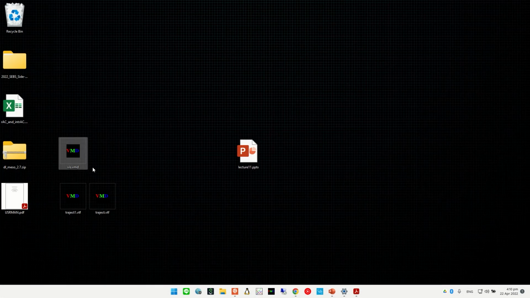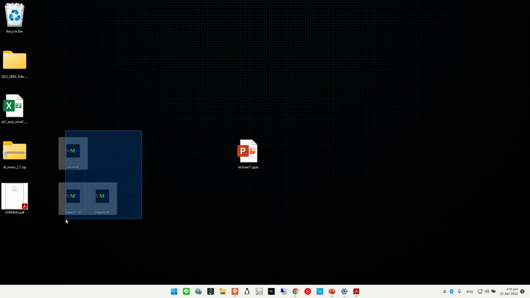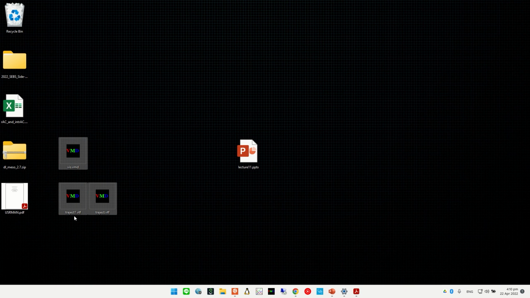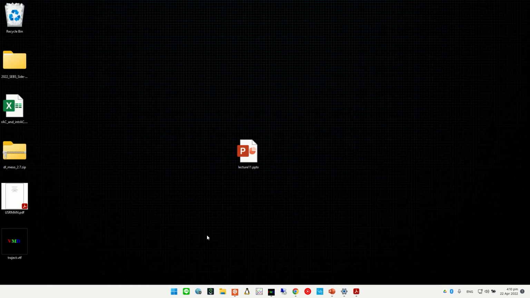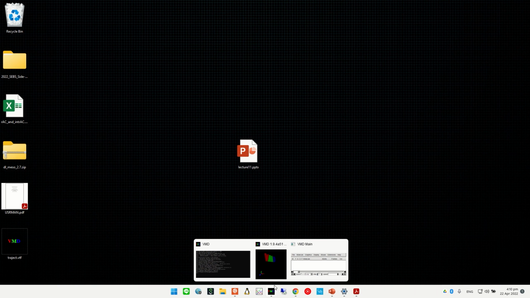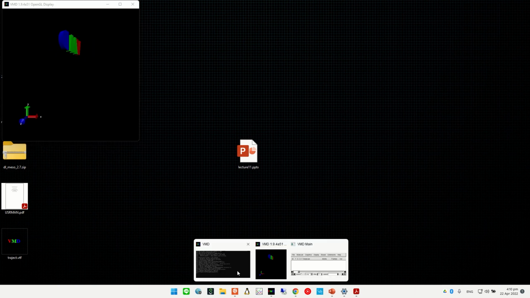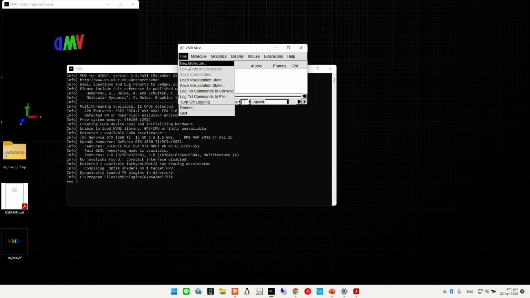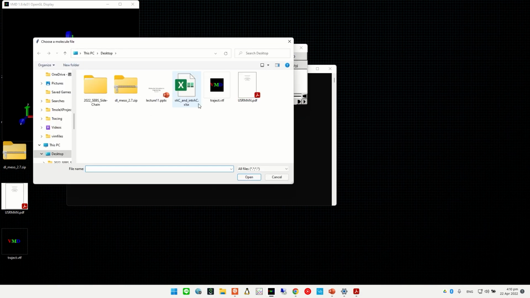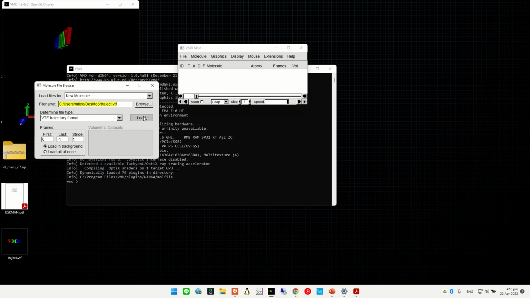And I want to copy my trajectory to the desktop. And remember, we have this visualization here, right? Unfortunately, we can no longer use that because we already changed the atom name. But anyway, it's okay. I'm going to copy that again. So it's right here. I already opened VMD, right? So let's load the simulation and see what happened. That should start with new molecule, load, trajectory, ta-da.